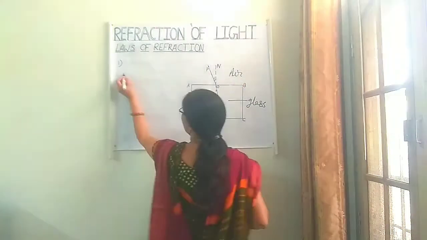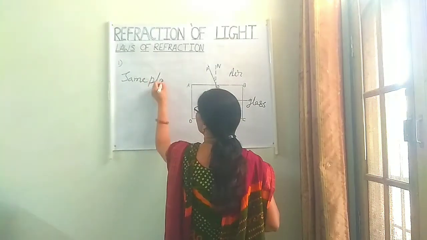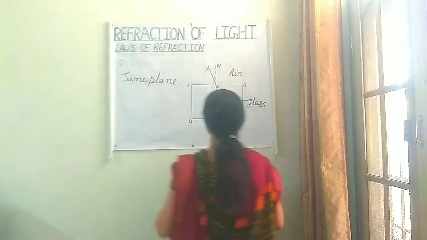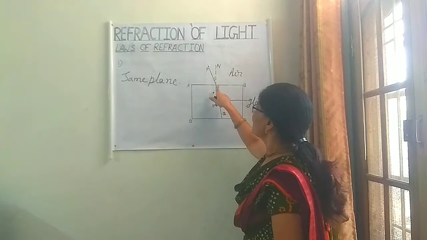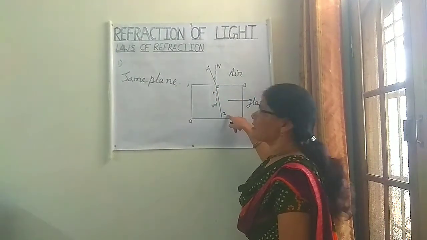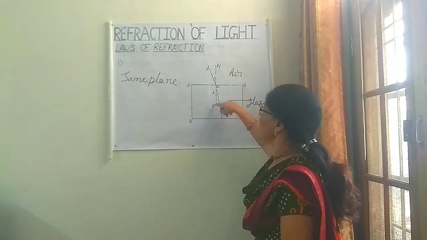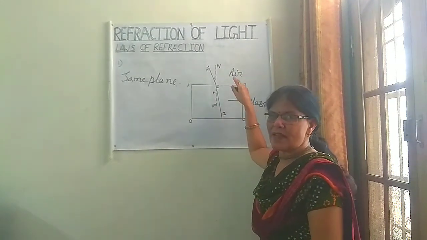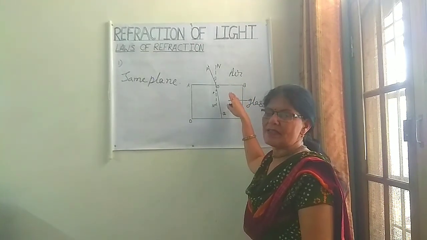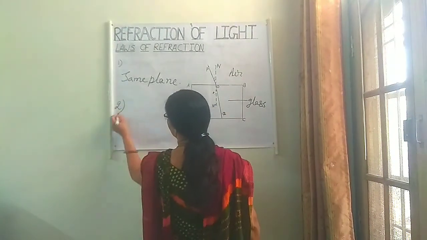So this is our first law. They all lie in the same plane. Our incident ray is PO, and OQ is our refracted ray, and normal is NN dash. So all these three lie in the same plane. This is our first law. Our second law states that